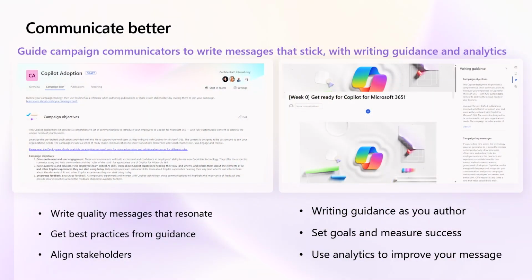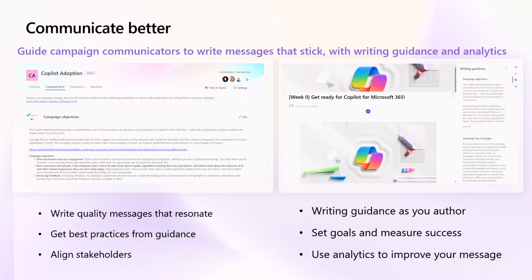Now, a couple things I want to mention from a campaign perspective. We can look at this as setting up a campaign goal and campaign objectives. This is really important because you have multiple stakeholders. Communications are rarely authored by just one person, so we want to make sure all of those stakeholders are aligned. When we look at our messages, we want clear goals and clear objectives. But I need a reminder about that, right?